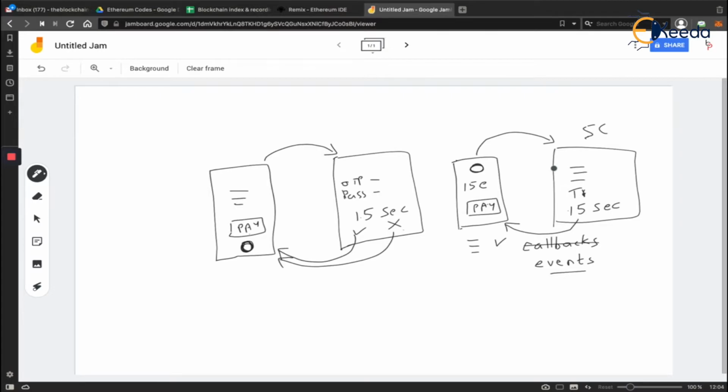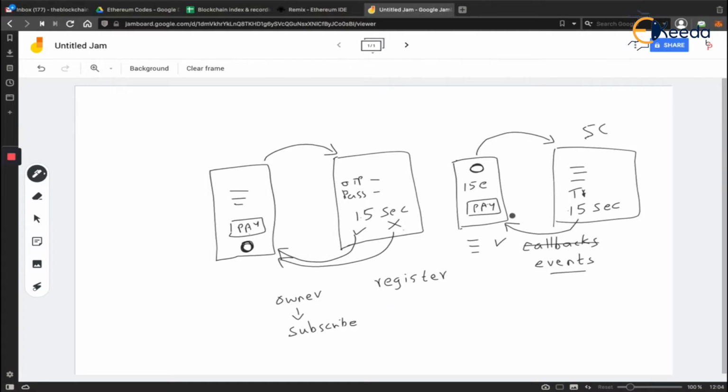Now events can be used for something else also. Let's say there is an event for register user. Whenever a user registers into your decentralized application, something like Amazon that you have built, and some user comes and signs up in your smart contract, the owner, which is you, the person who wrote this code, might want to be notified about these things. So this owner will be able to subscribe to an event. When he subscribes to an event, what is going to happen is whenever some event happens,